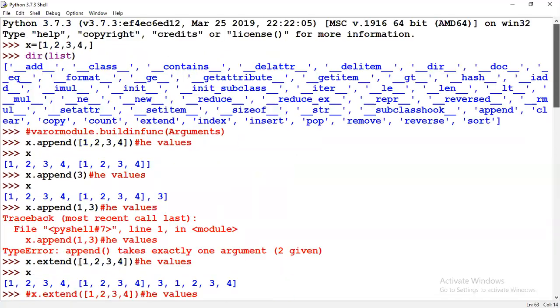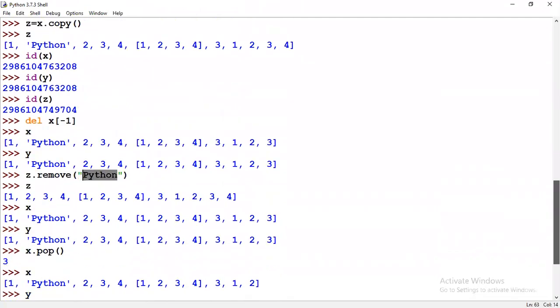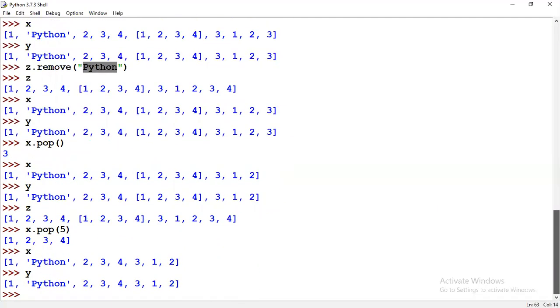Any doubts in between this, guys? Why is it popping out the last element, ma'am? That's exactly what the pop function is.